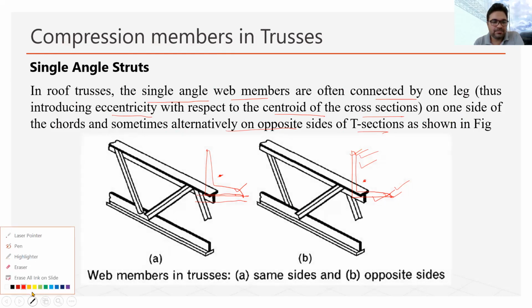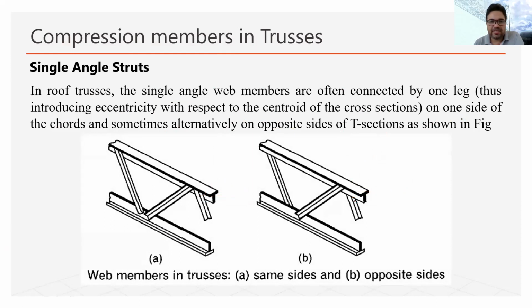In this diagram, this is again the diagram of a steel joist. So in the steel joist, the upper chord and lower chord are T sections, but they are connected by this web member, and this web member is actually the angle section. So sometimes what happens is angles are connected only on the one side of the T section. You can see here this angle is connected on this side, then the other angle is also connected on the same side. So in that case eccentricity is more.